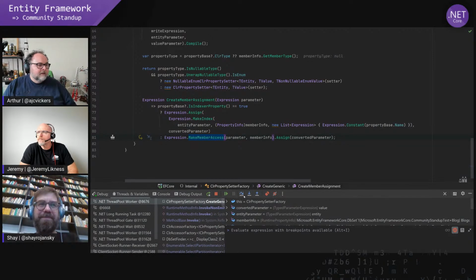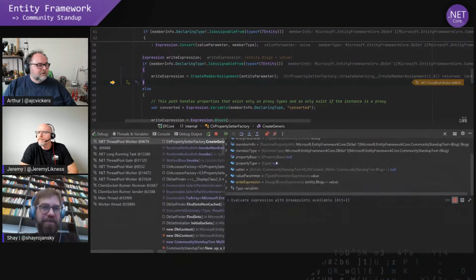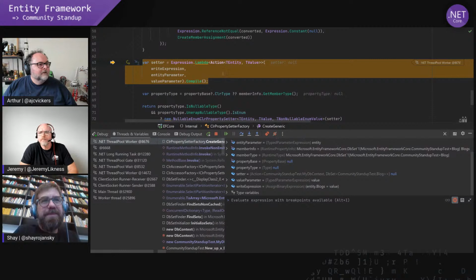So that probably isn't very easy to understand, but if we look at the actual right expression that we got out of here, this is what it looks like in a kind of debug view. It's saying entity, remember that's our context, set the blocks property to the value of the parameter. So it's basically just context.blogs equals blah. And we are then going to come down here and say, okay, make that into a lambda,